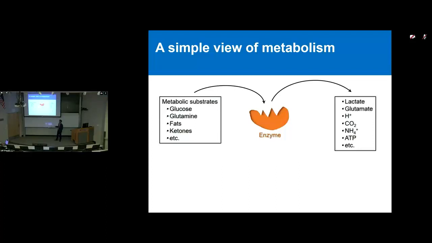You can call this metabolism. Those compounds, or substrates, or energy fuels, would be converted into products, which are called metabolites. It could stop there, or it could also continue in the metabolic pathway